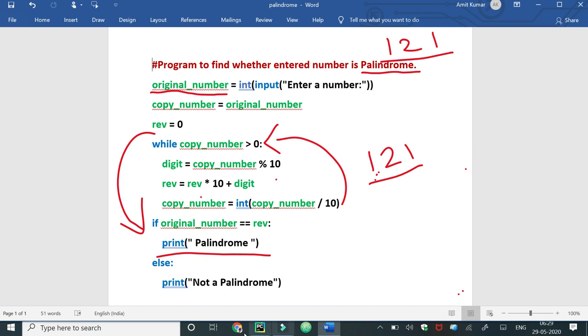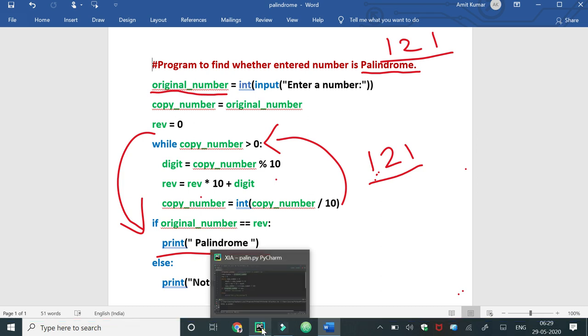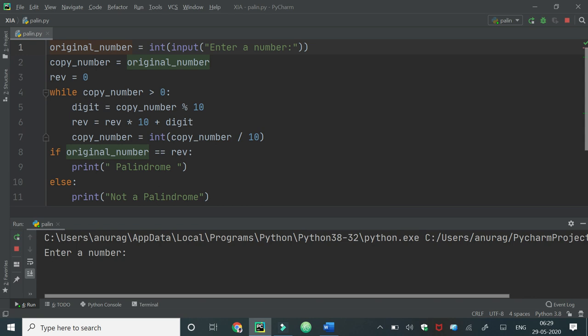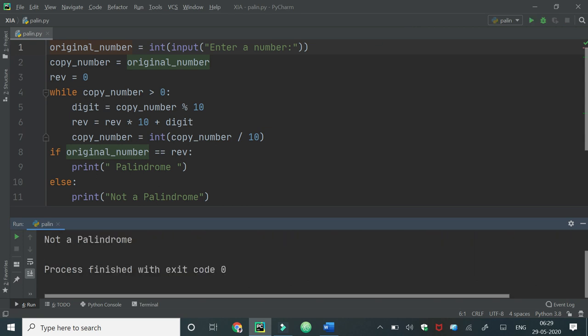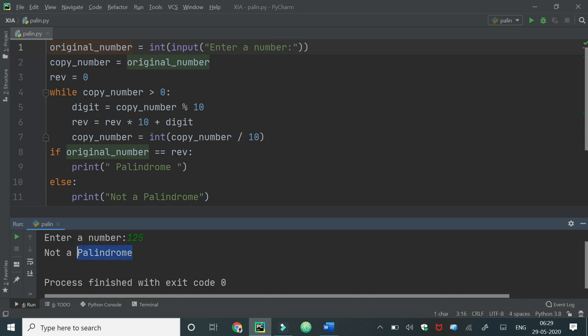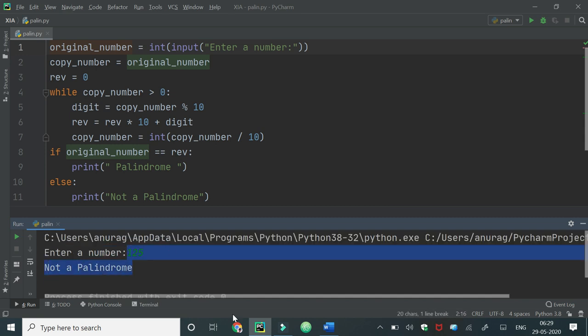Now we will see the output of this program in a Python interpreter. Here we have the same program. When I enter 125, it will print not a palindrome, because 125 is not a palindrome; it produces 521 as its reverse value.